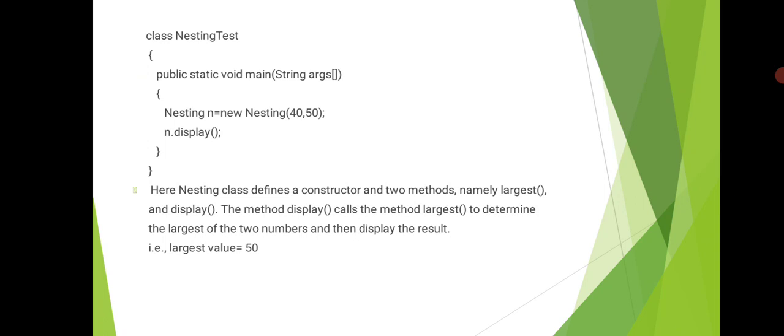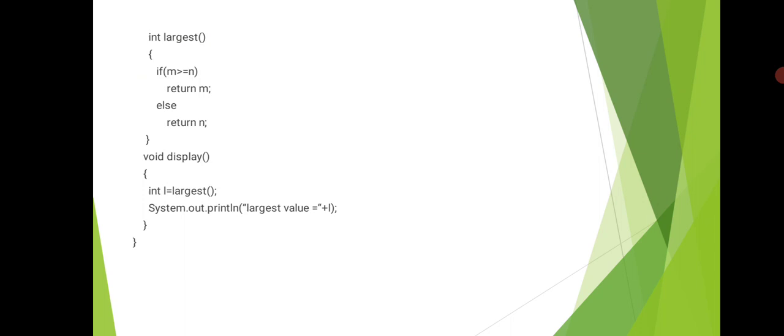So in the display function, it calls the largest function, which is a member method of the same Nesting class. Since largest is in the same class where display is, one function can directly call another function inside it without using the object name and dot operator. So the largest function is called, and it will calculate the largest of two numbers, that is